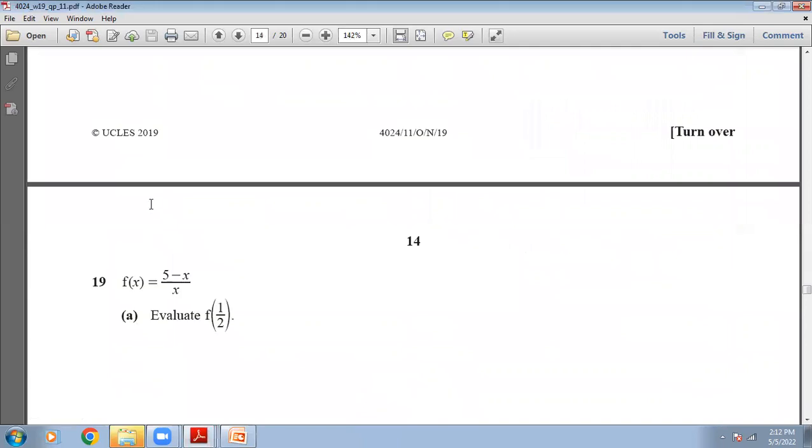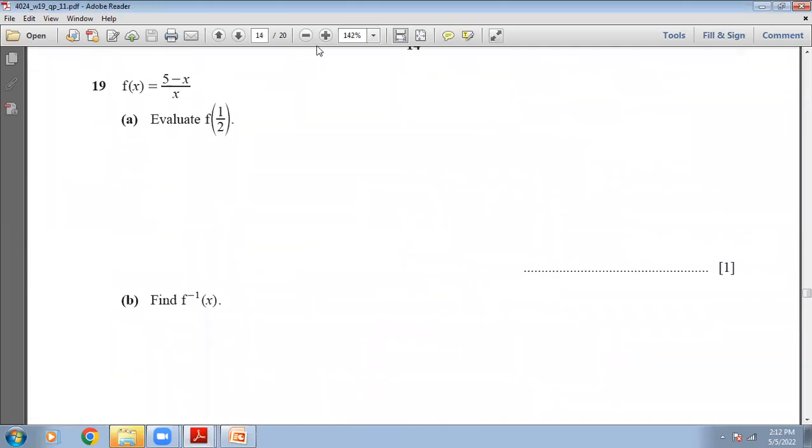Okay, my dear students, we are going to the next question. The next question is about functions, and it is coming from D2, chapter number 7. f of x is equal to 5 minus x divided by x. Evaluate f of 1 by 2. The formula of the function is given to you, and in the place of the variable x,